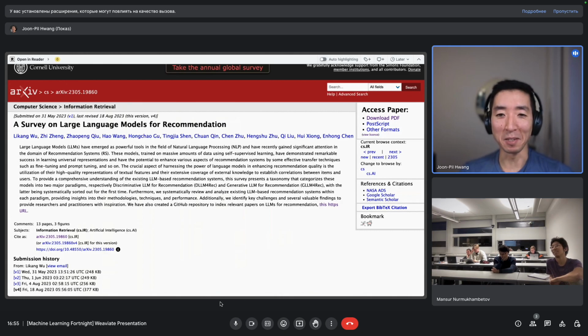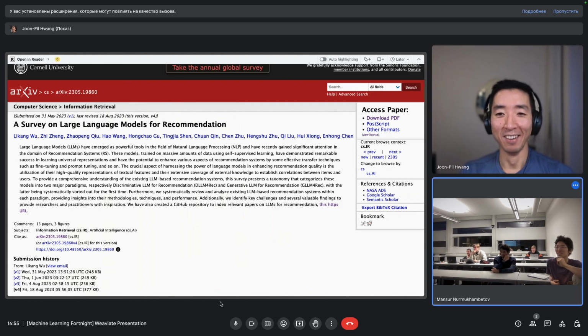Is that me giving the thumbs up, or where did that thumbs up come from? It's a feature inside MacBook. Whenever it detects a thumbs up, it will draw a thumbs up button. Yeah, like this one. But I have no idea why. Probably right now it's lagging a little.